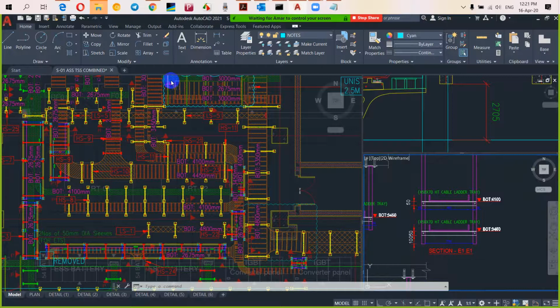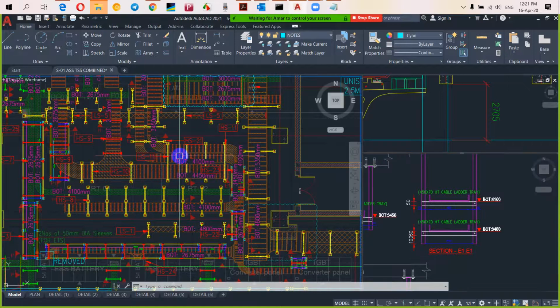Yeah, understood now. So section E, I see two cable trays, one above another, 450 cable trays, but in the plan I see section GG. Section GG is one above the other, and section E will be side by side, no? Yeah. Jamil san, section E1 is different, section E is different. Please understand. Okay, so this is your E1. So here you are keeping 4.1. So can we move this?